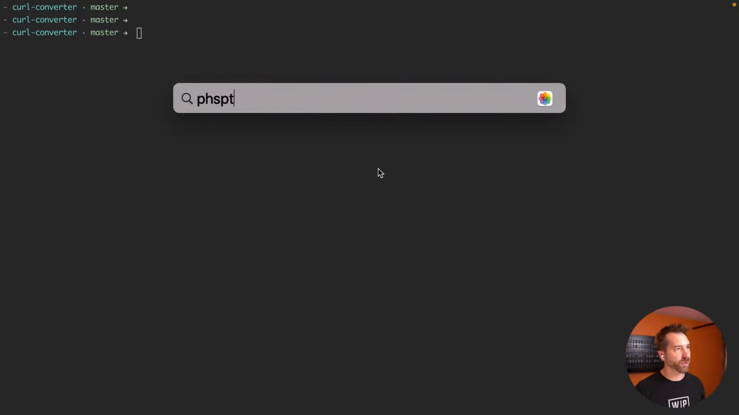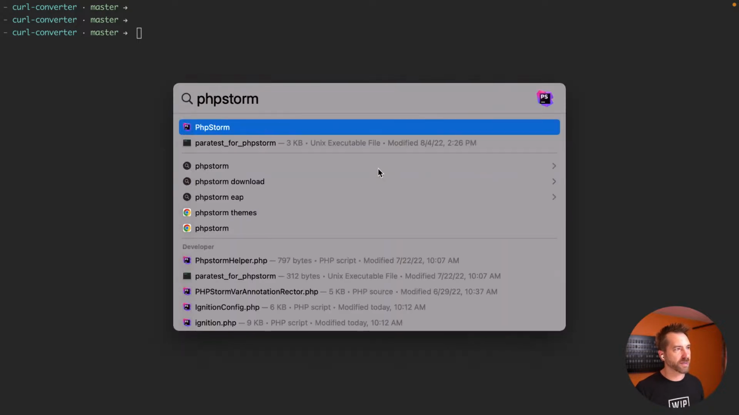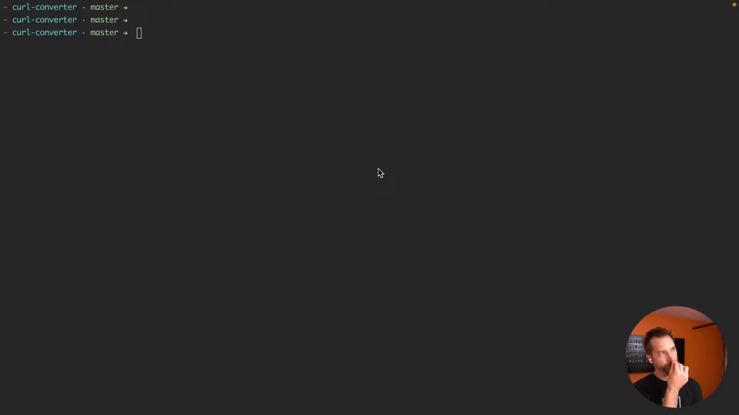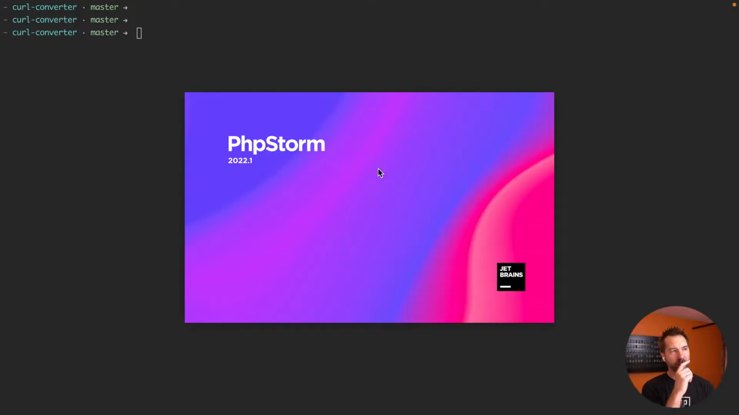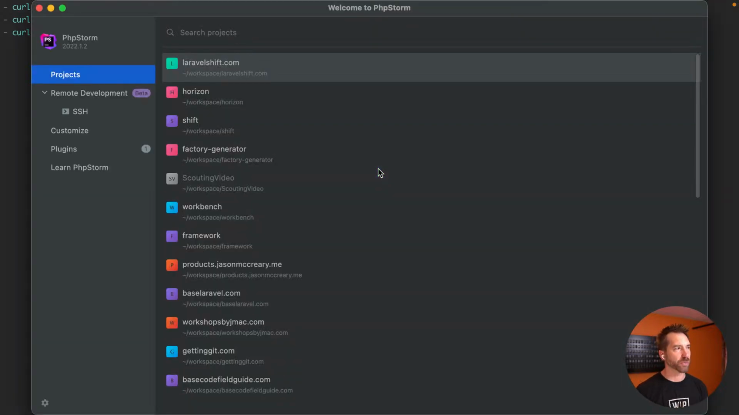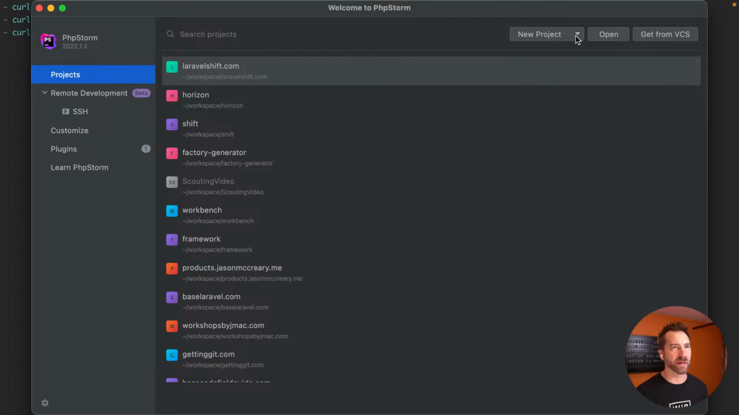So let's bring up PHP Storm and start coding. Now, while all this is firing up, I gave this a little bit of thought about how I would want to go about building this, right? And I think